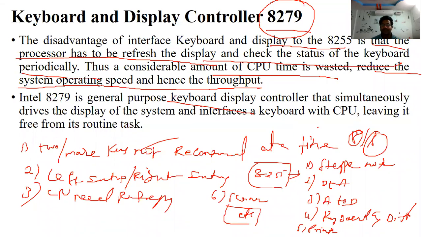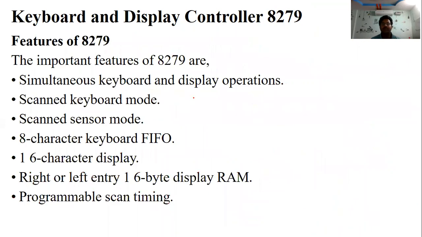So this keyboard display controller simultaneously drives the display of the system and interfaces the keyboard with the CPU. It refreshes the display and does all the things that the microprocessor would otherwise perform, so that drastically reduces the load on the microprocessor, and the microprocessor can perform other operations. Okay, so what are some features of this 8279? Some important features: simultaneously it can operate the keyboard as well as display operations